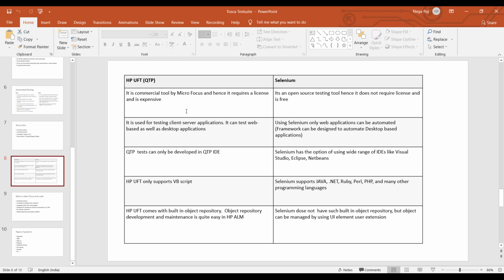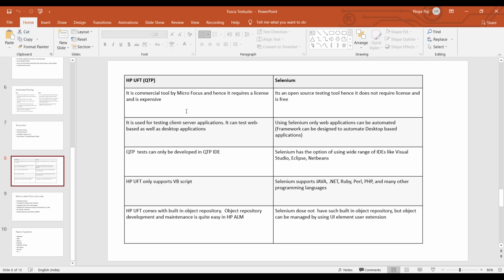Whenever we compare this with Selenium regarding the license, it is an open source testing tool, hence it does not require any license. It is completely free. Anyone can access and use Selenium.